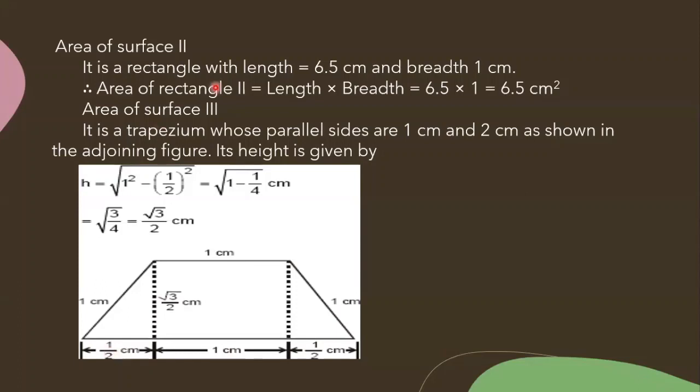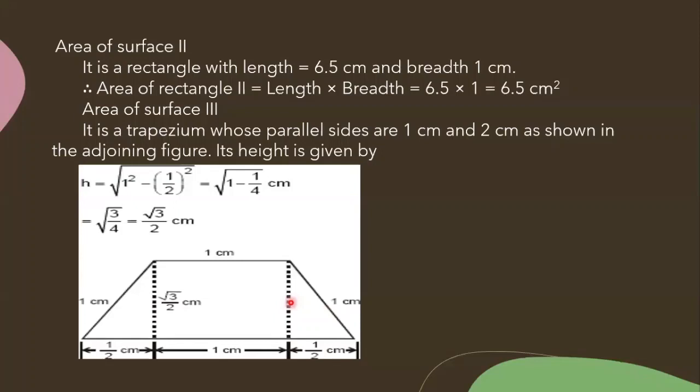Any doubt? No, ma'am. So take any one triangle here. When I draw a perpendicular, I'm getting a right angle triangle, no? Here the hypotenuse is there, the base is there. How to find the height? By using which theorem? Pythagoras theorem. Very good. By using the Pythagoras theorem, we'll find the height of this. What does the Pythagoras theorem say?